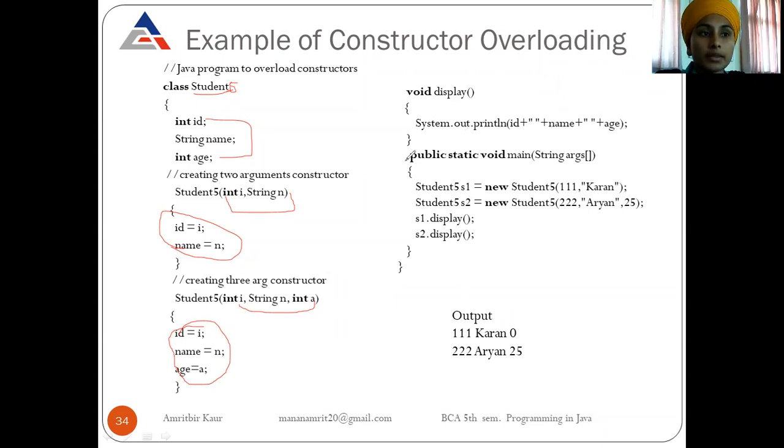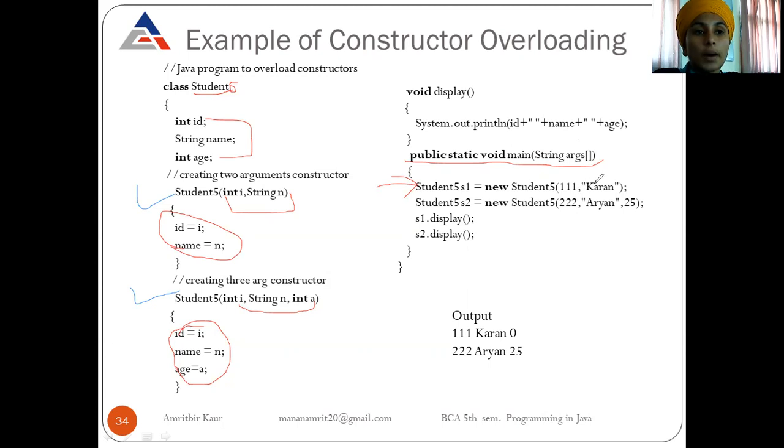In our main method, firstly, we create an object S1, and we are just passing two values. When the object is created, the compiler has to call a constructor. Now the compiler is confused about which constructor will be invoked, the first one or the second one. So it counts parameters.